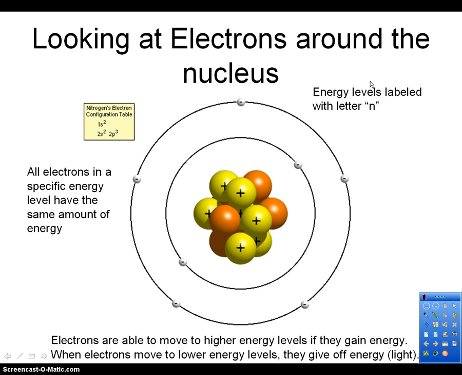So first of all, we need to just look at the basic model of the atom. And we have a nucleus in the center, which you are aware of. So there's our nucleus, has protons, neutrons. Right now, we're not going to be dealing with the nucleus. We're going to look at the electrons that are on the outside of the